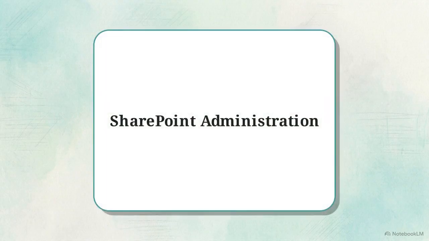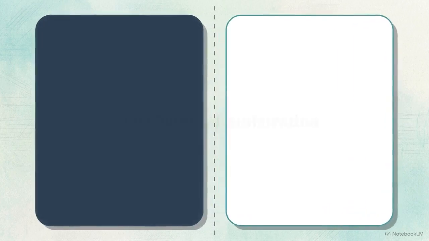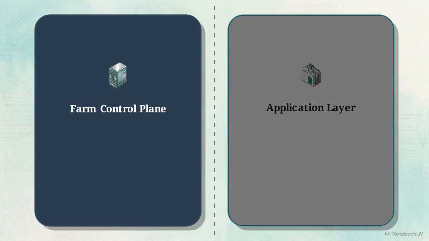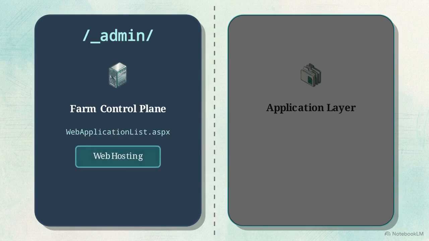Looking at this isometric model, SharePoint's administrative access splits into two distinct operational tiers: a centralized farm core on the left and a distributed network of site collections on the right. The left side represents the farm-level control plane. This zone is accessed entirely through the _admin directory. This directory manages the physical infrastructure. It is where you navigate to webapplicationlist.aspx to configure hosting, or cntdb admin.aspx to manage your raw content